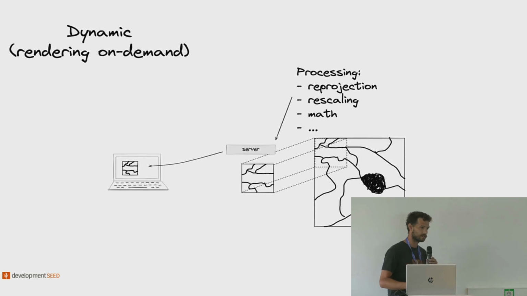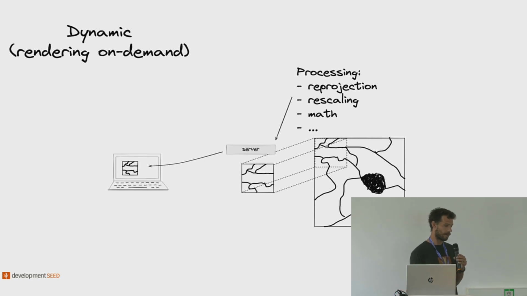the user requests. So when you load the map using dynamic tiling, the web client will ask for tiles from a proxy, so the server, which will do every step we just mentioned, but dynamically on request. So as a user or as a data provider, you just have to keep your data as raw as possible, put it on the cloud somewhere, and just put a proxy that will do all the work on demand. And so then